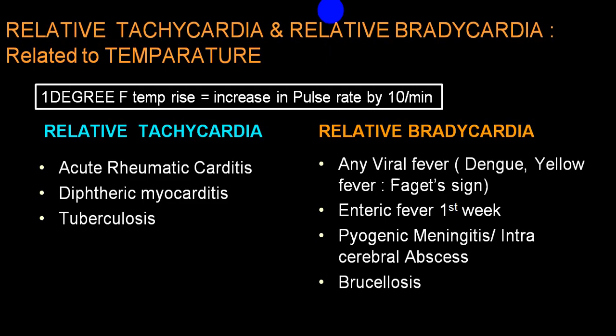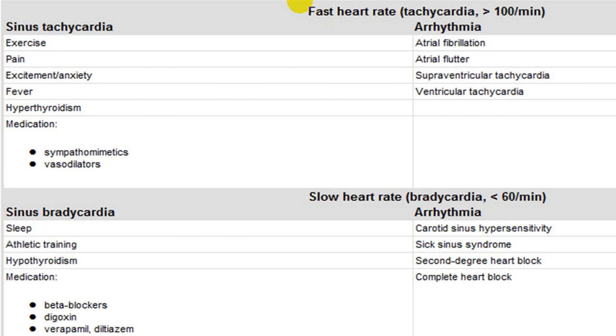Now we'll be talking about some of the conditions which produce tachycardia. We usually use the word sinus tachycardia or sinus bradycardia. So when you are palpating, you should not use the word sinus because that word will be only on ECG record. But when you palpate, you cannot say it is sinus or it is atrial or it is nodal or it is ventricular. Hence, ideal word is only tachycardia.